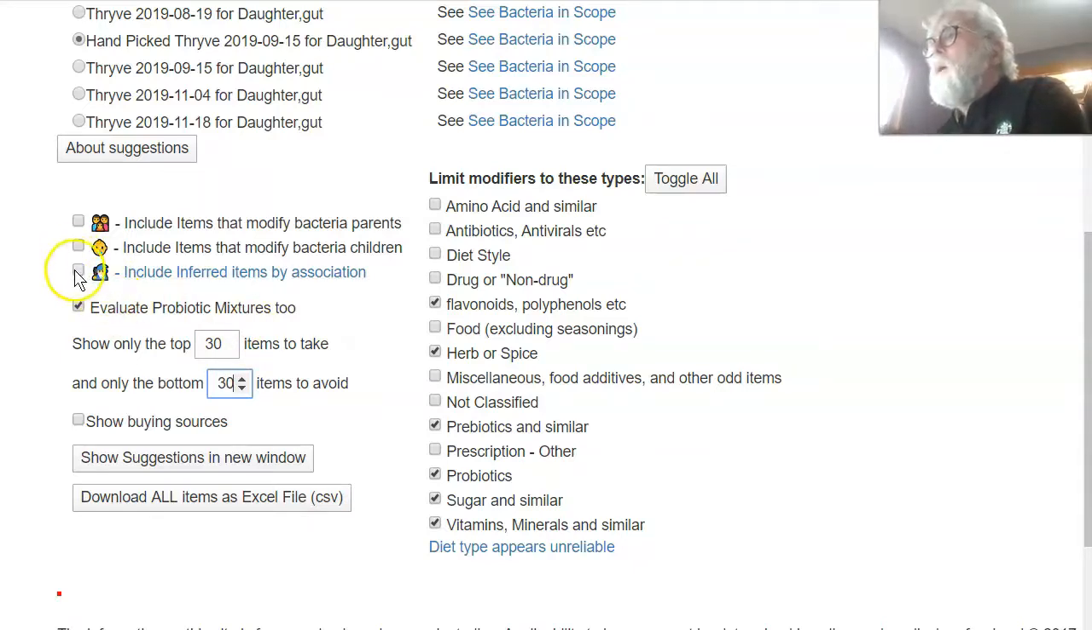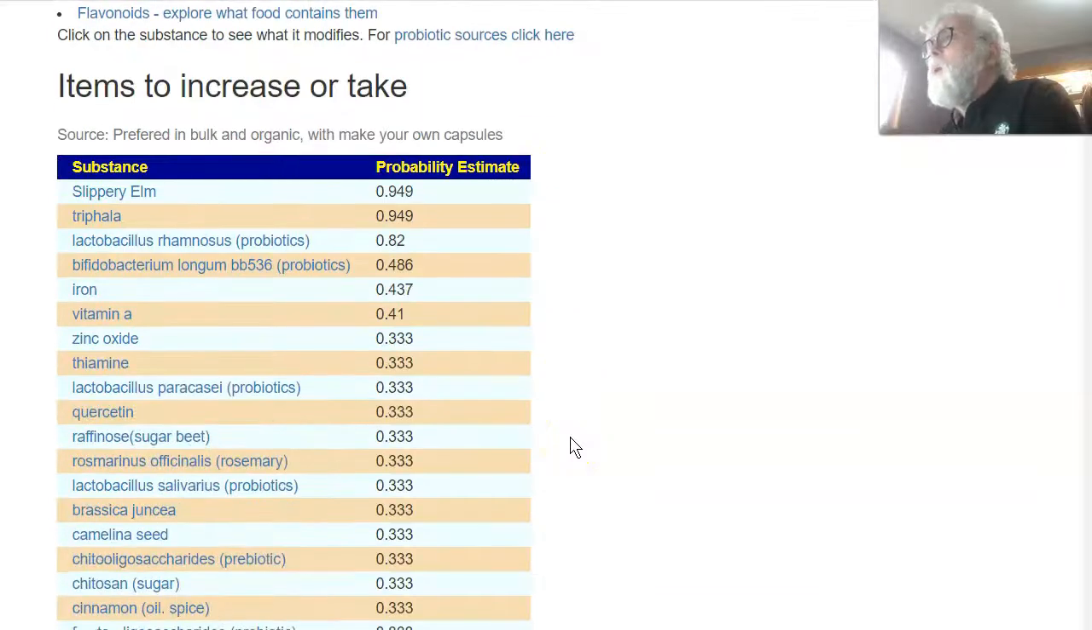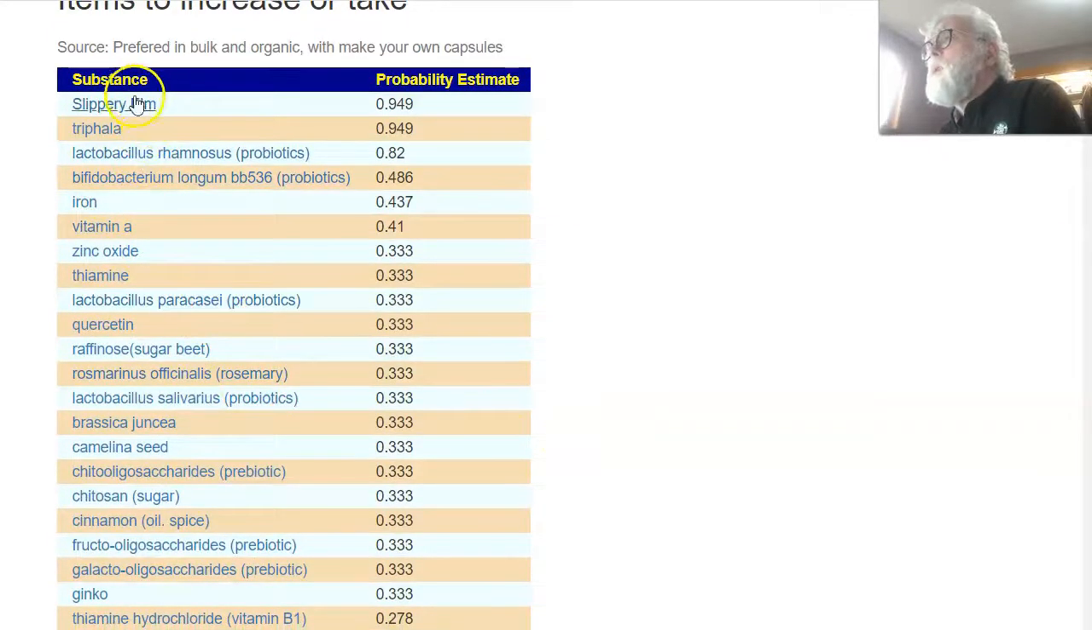I'm going to toss a couple of things in just to increase the amount of information it uses. So I'm using things by inference. So if it impacts a child of this particular genus, we assume it will impact the genus, which is very common sense. Now, not always true, but it is a good approximation. We click show suggestions, and now we go down and we see what the particular items are which you should be taking,